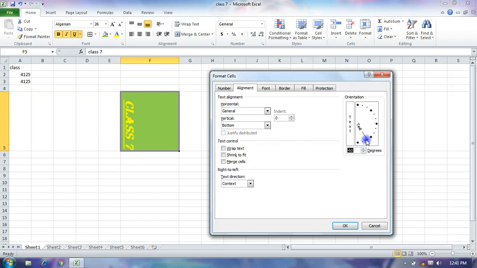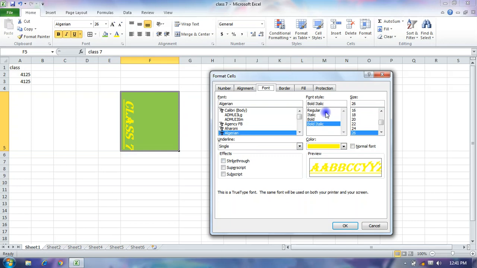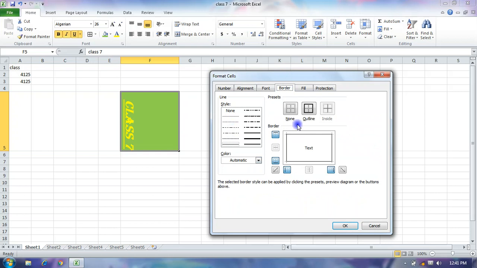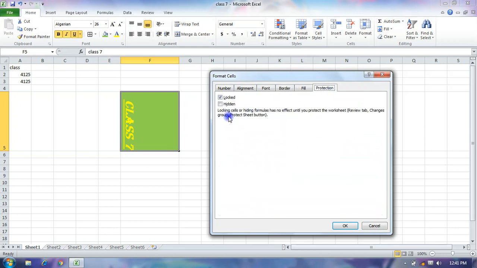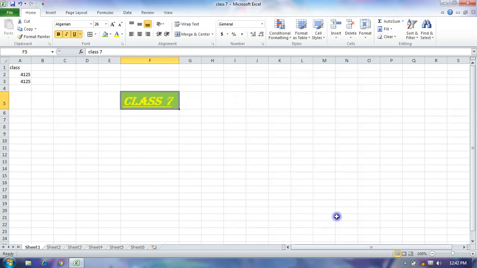Font style, font color, font size, effects, border, you can fill color here, and protection, you can lock or hide your workbook.